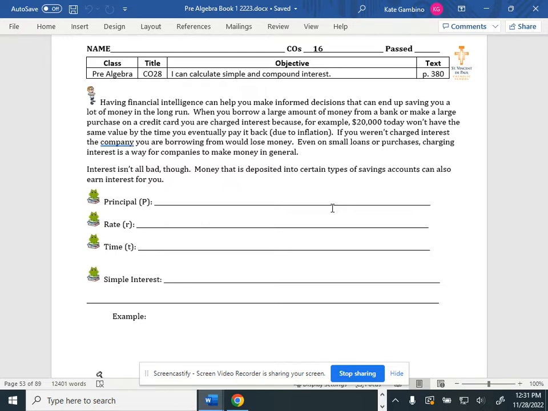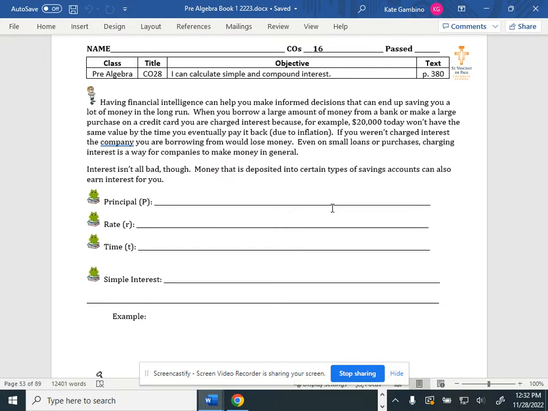Just like how often do you go out to dinner and you pay for the whole meal and the tax and the tip on the meal? We're not doing that right now because we're usually going out to eat with our parents and they take care of it. But we're still learning about it because this is what we do. We learn about what's going to be happening, what information we need, what education we need. So having financial intelligence can help you make informed decisions that can end up saving you a lot of money in the long run. Start learning it now, so as things get more complicated in the future, you're not starting from scratch. Okay, so if we have a good background on this, it will help you as you get older.